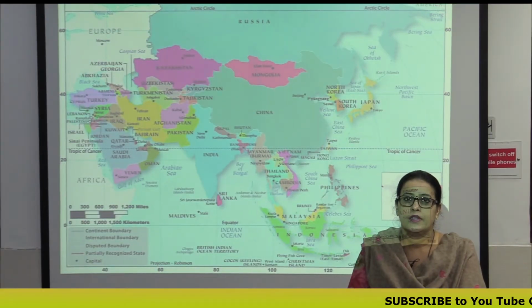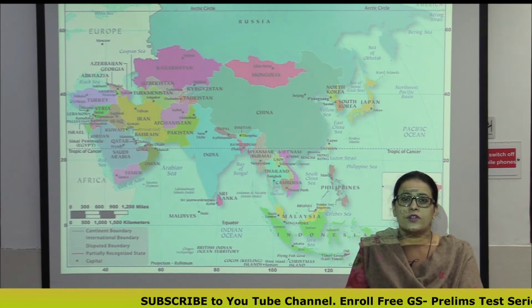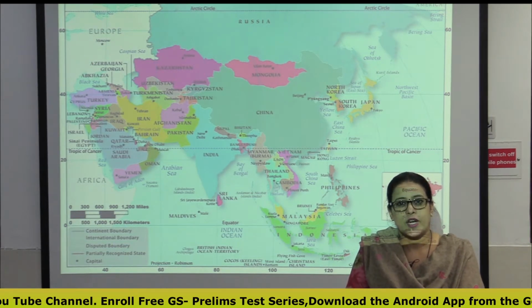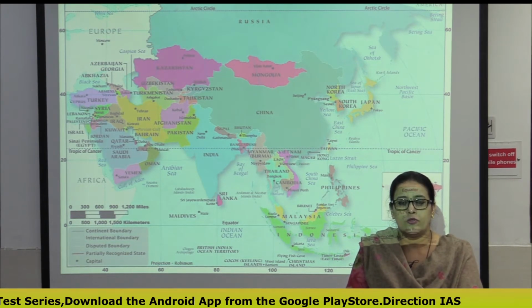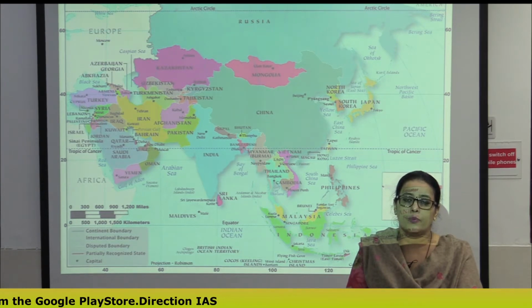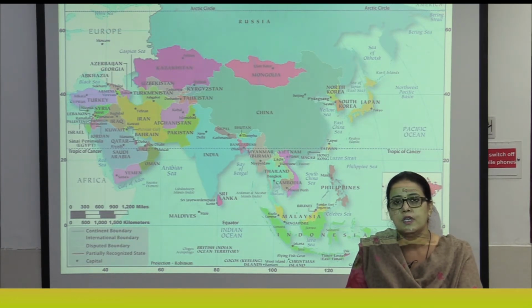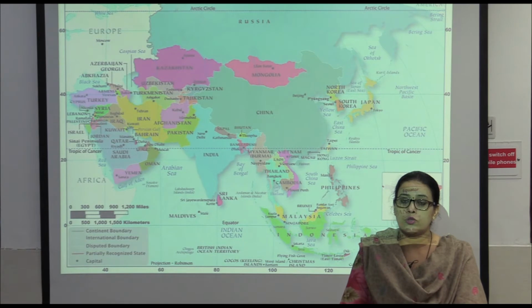Hello everyone, beginning with our study of the continent of Asia. Slightly late, I do understand, but we'll be understanding all the physical and political regions of Asia with the rivers and also the mountains, plateaus, and how to go about with important latitudes that are correlated to this continent, because